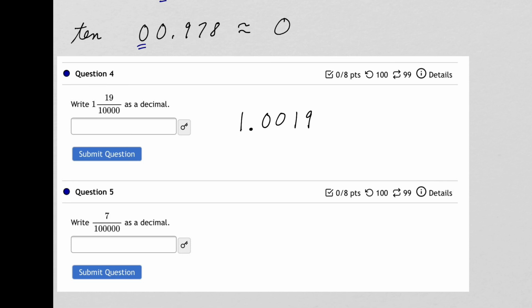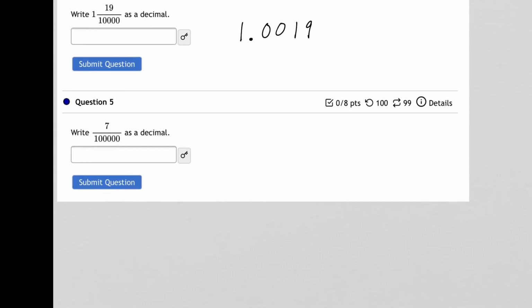Okay, question 5 is similar. Write that number, that fraction as a decimal. So 7 over, this is what, 100,000? So the 7 is in the 100,000ths place, so this is the tenths, right? Hundredths, thousandths, 10,000ths, 100,000ths. So it'll be